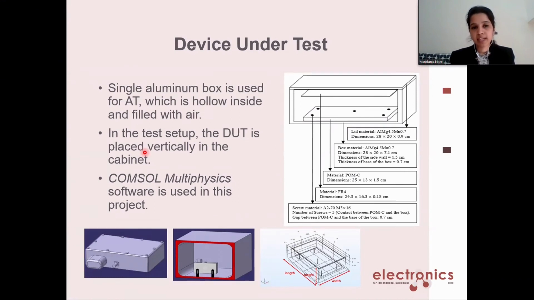So now we come to the case study. In this case study, we have used a system which is an aluminum box, as you can see here in the picture. It has thick outer layers, and it has an engineered plastic material on the bottom, which carries all the electronic components of the system. And then this plastic material is screwed to the bottom part of the component. And this is how it was done during the test. It was positioned vertically in such a way that the maximum area of the component is exposed to the simulated environment.